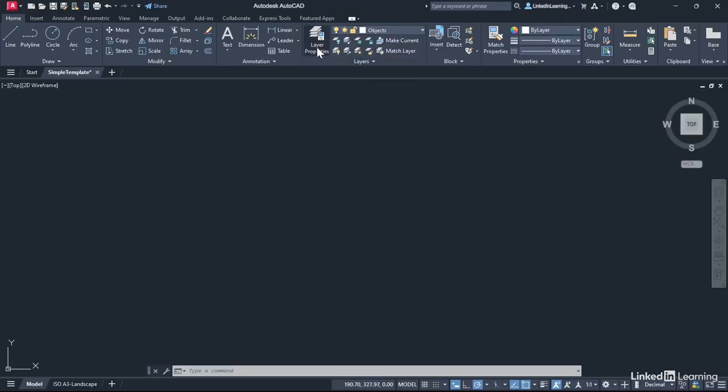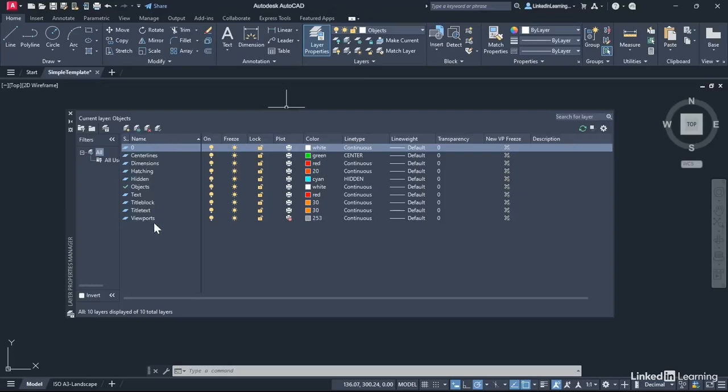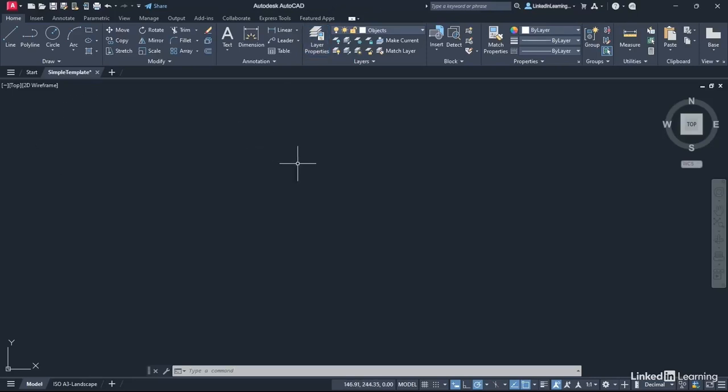If I go to the layer properties here as well, there they are there. You can see objects is the current layer with the tick next to it. So basically when you open up a new drawing from this template, objects will be the current drafting layer. Viewports layer is set to not plot when you create viewports in your layout tabs. And again, we'll cover that later on in the course. So if I now close the layer properties manager, what I'll do now is I'll do a save as and save this as a